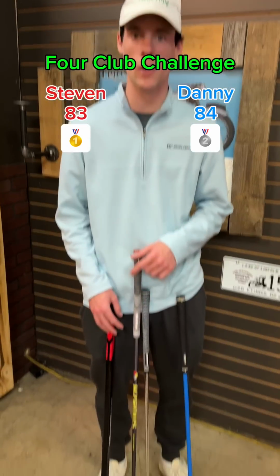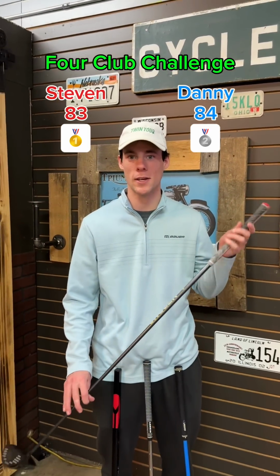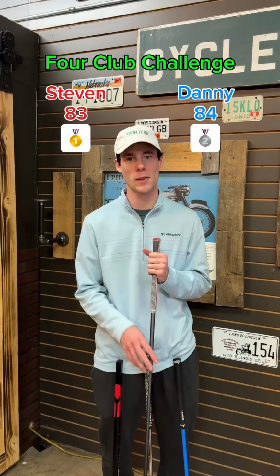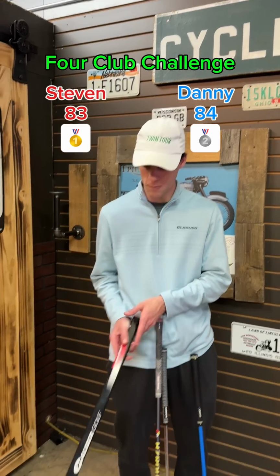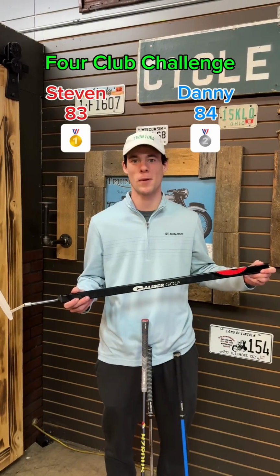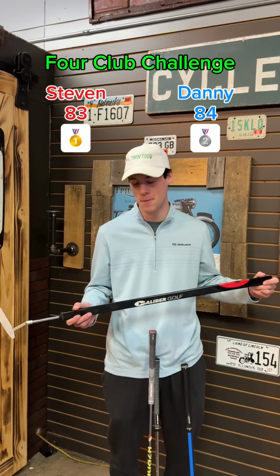Using 4 different clubs, 9 holes each. The driver was surprisingly my best score. It was on the front 9. I believe the front 9 might be a little bit easier than the back 9. Let us know in the comments which side you believe is easier, which one's more difficult. But my favorite club to use today would have to be the Caliber Golf Hockey Chef putter. So much fun playing with this. I think Wolf might need this in the bag, the way he grips the club, but that was a fun